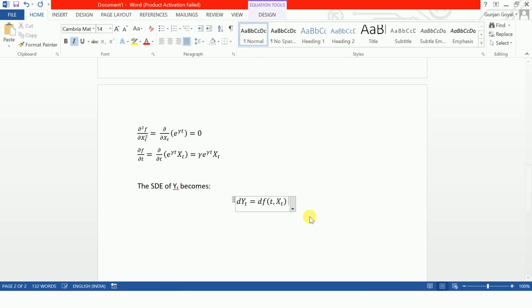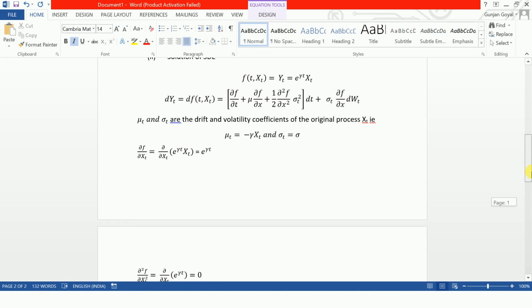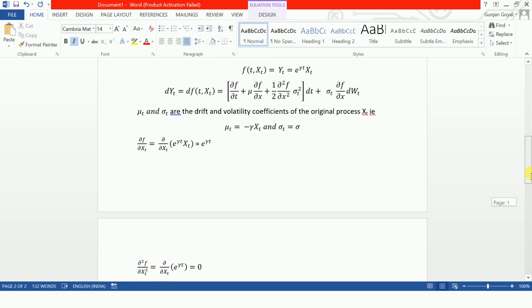Putting this value, equal to, and now we have our values. For dt we had gamma e to the power gamma t xt, in square brackets, plus mu del f del x,